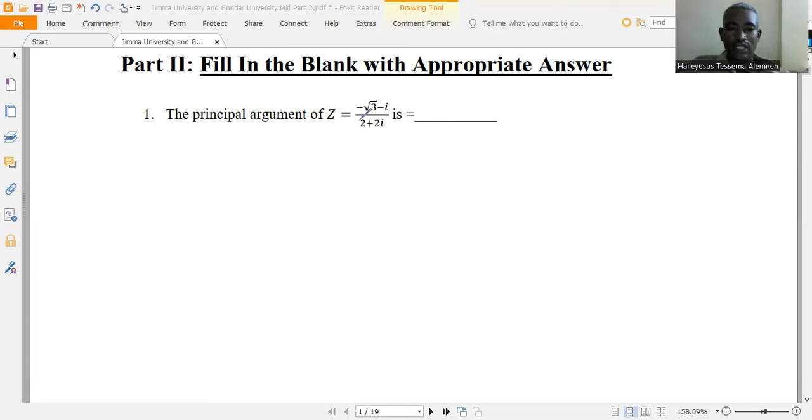The first one is the first fill-in-the-blank question in Part 2. This part: the principal argument of z is equal to radical 3 minus I over 2 plus 2I. So to solve this question